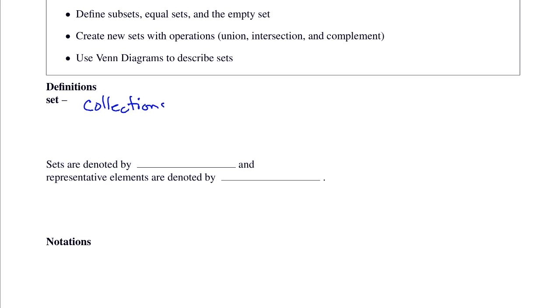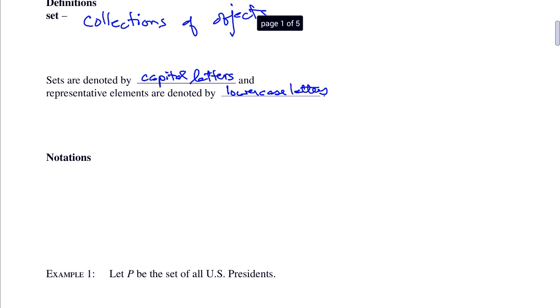Sets are collections of objects. And sets are denoted with capital letters. And the representatives from each set are denoted by lowercase letters. So, for example, we might have set A,